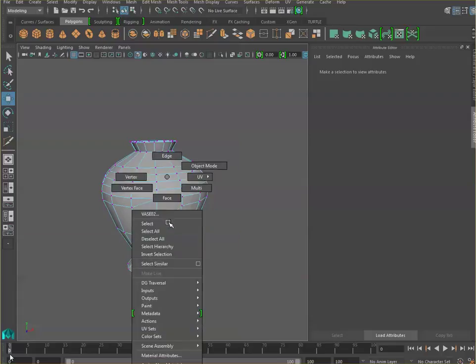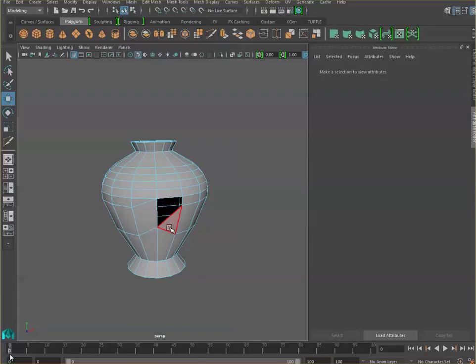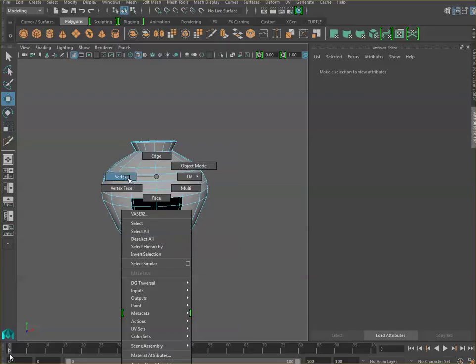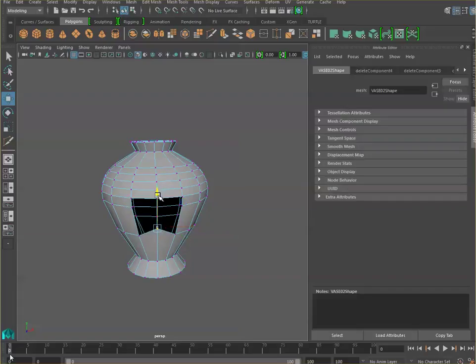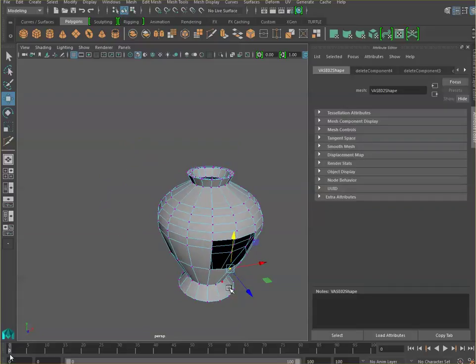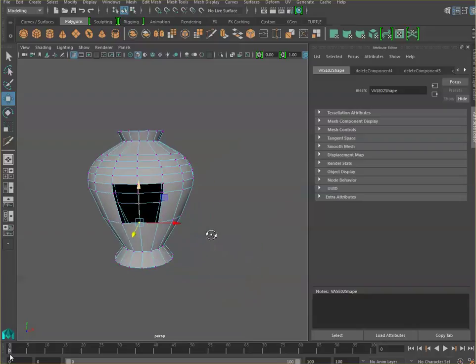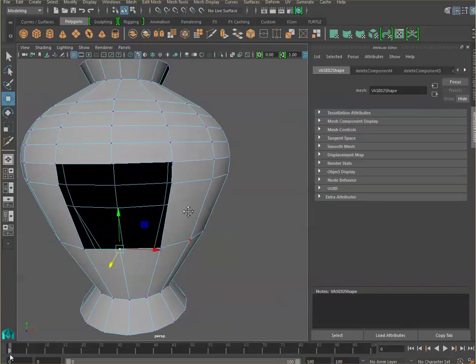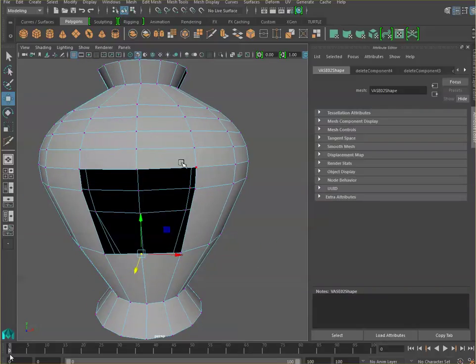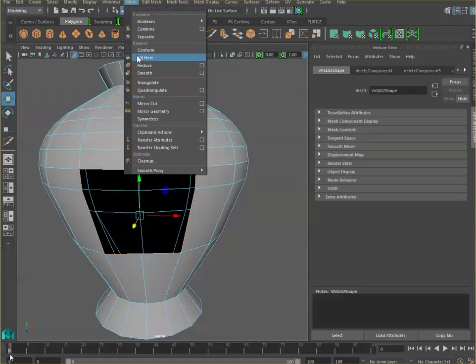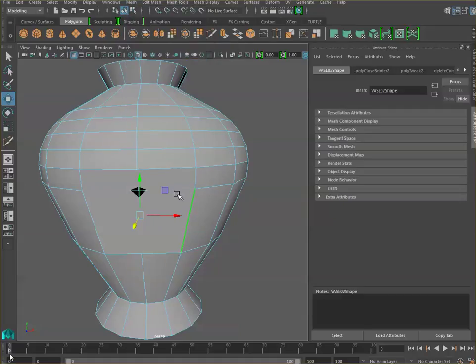In the same manner, let's repeat the process over here. Let's delete these faces. This one can be left like that, we can just fix that manually. For this one here, I'm just going to go to vertex mode, grab this one vertex that seems to be out of place, and manually move it around. Okay, and the same thing that we did up here: right click, go to edge mode and double click on that edge so that we select all the edges on that area that we just deleted, and go to Mesh, Fill Hole to add a